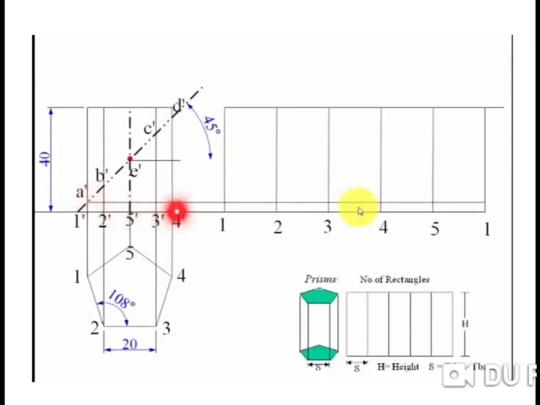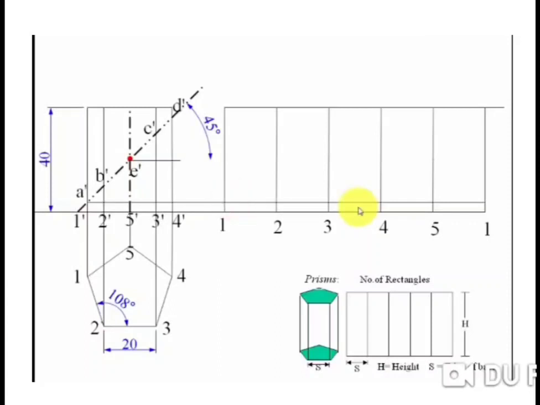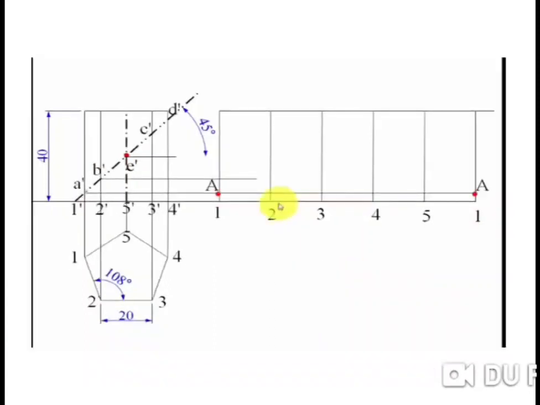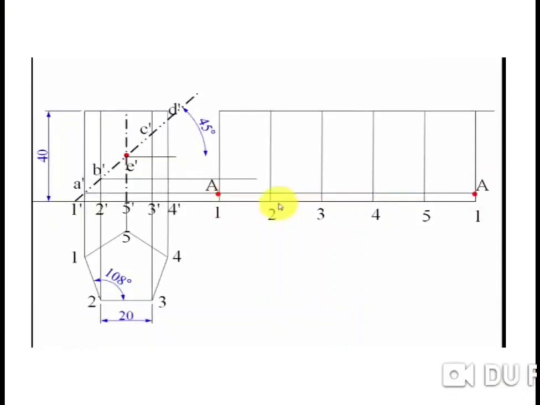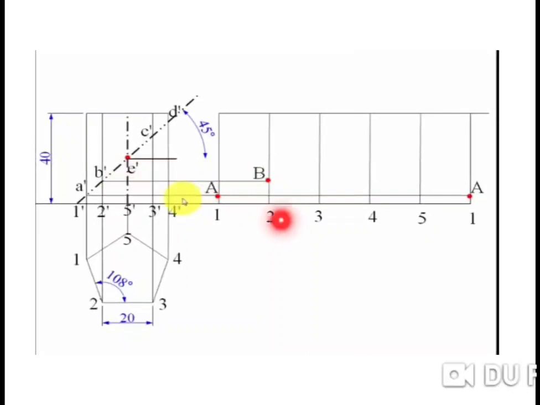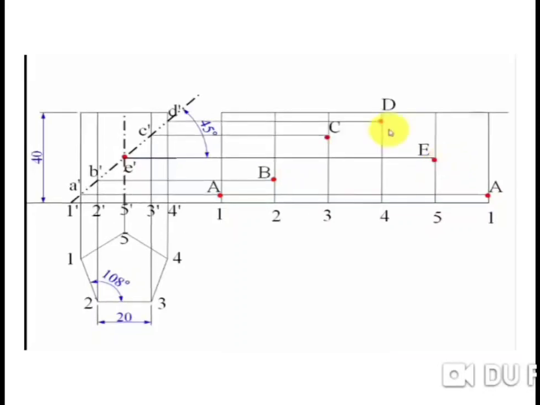Now we have to transfer the same points. Here I have drawn the projection lines. Now A lies on 1. Here is the 1, here is the 1. So mark that point A on the vertical line 1, 1. Second, I am transferring the point. I will mark B on point 2 because it lies on the vertical edge 2. This is the 5th point, that is the E point, that is the C and that is the D. They lie on the respective edges, the same as they are given in the front view.